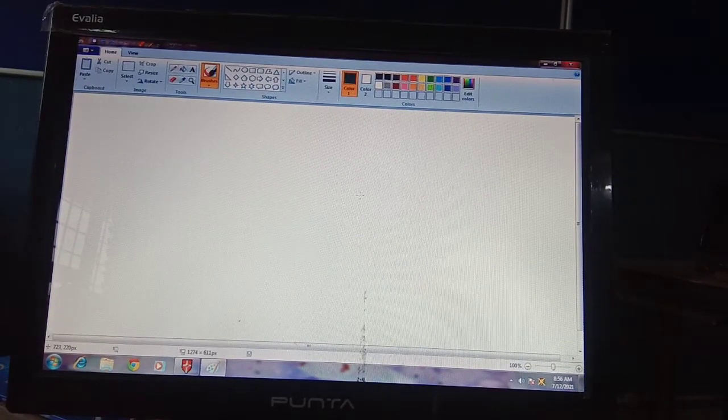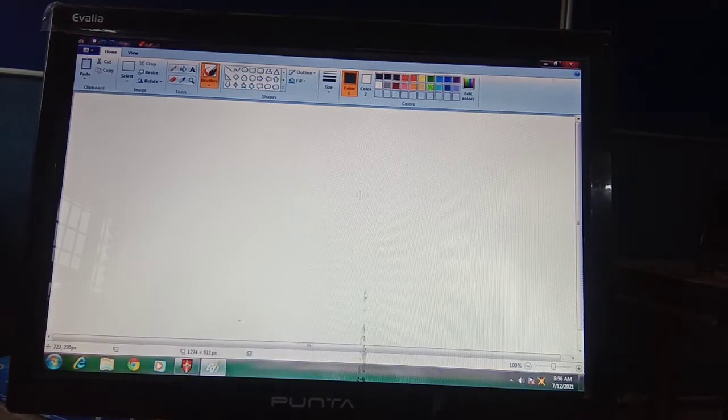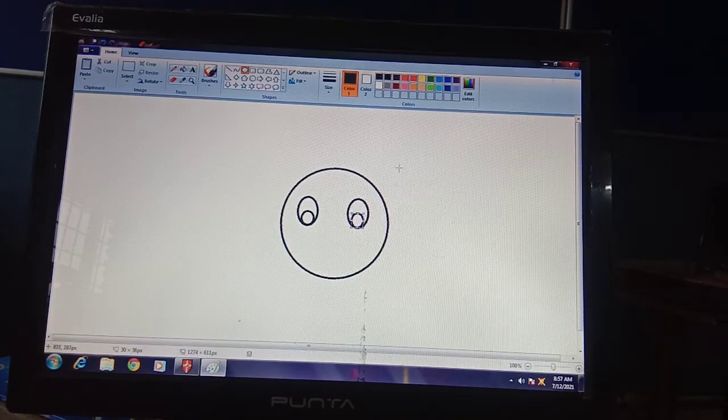First of all, let's draw something. Using the oval tool, I am making this drawing. A circle, two eyes. I am making the nose of a Mickey Mouse, and the mouth just like a Mickey Mouse mouth. Then we will color it.